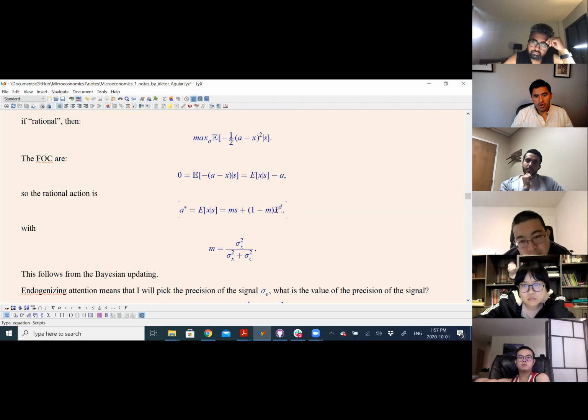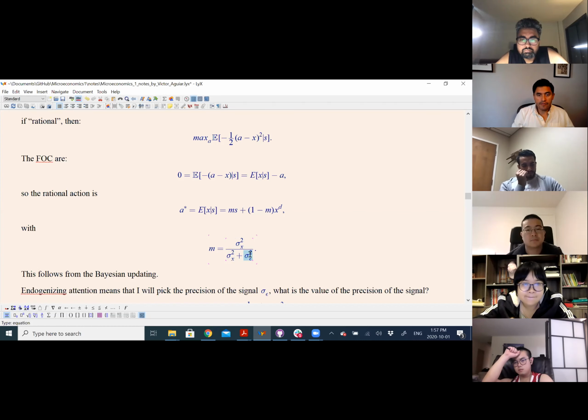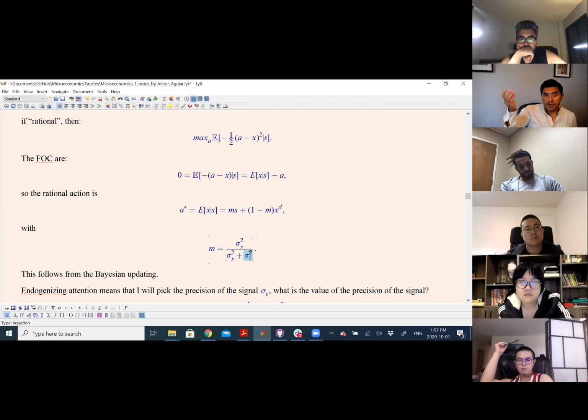Okay. So again, what is the M? It is going to be the variance of the true state, so the true price, divided by the variance of the true price plus the variance of the noise epsilon. So this model is a way to understand the model we just saw before, using the ideas of Bayesian updating. So in this case, M is a number that depends on the variances of the true state of the world and the signal.